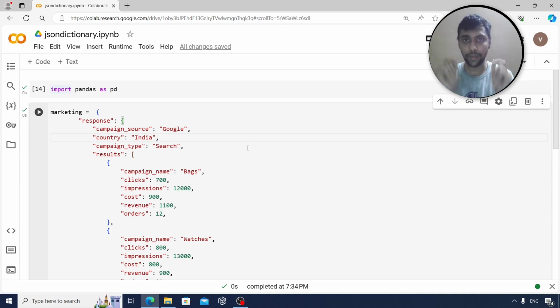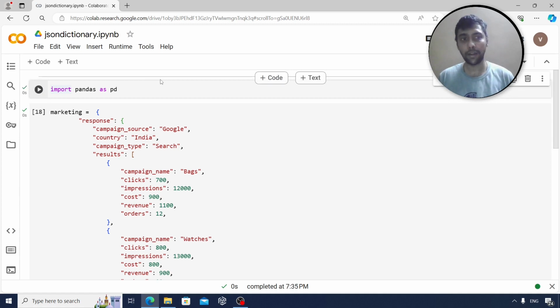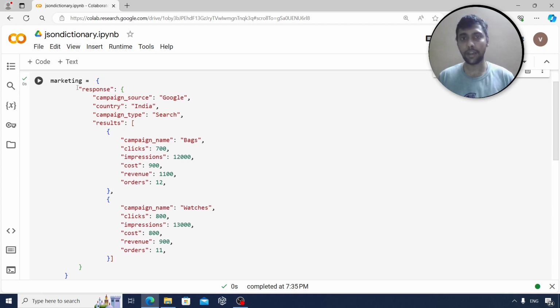This could be a very good value add skill on top of your Excel, SQL, Python skills that you already have, right? So first step, as usual, I'm going to import pandas. I'm not going to call it anywhere, so I'm just importing it for safety. Now we have something called marketing, and within that, if you see in the data, there is something called